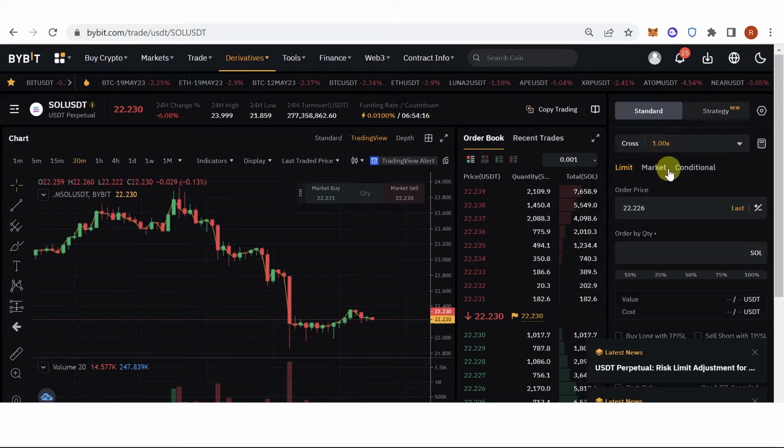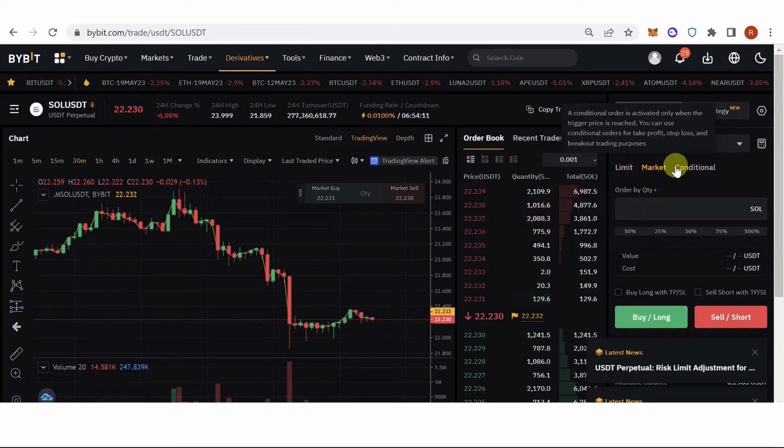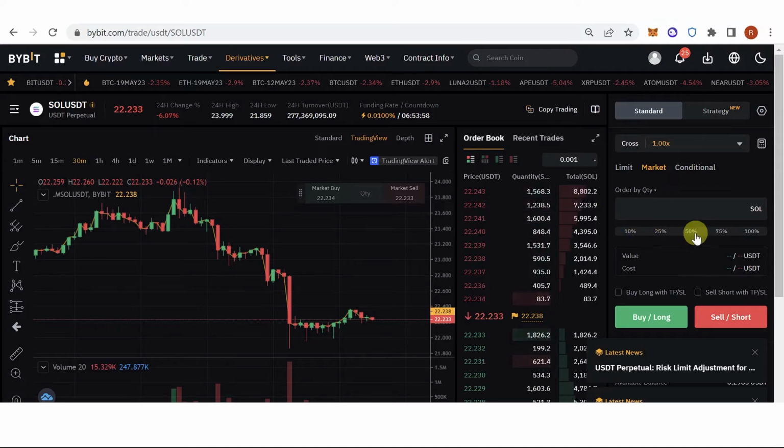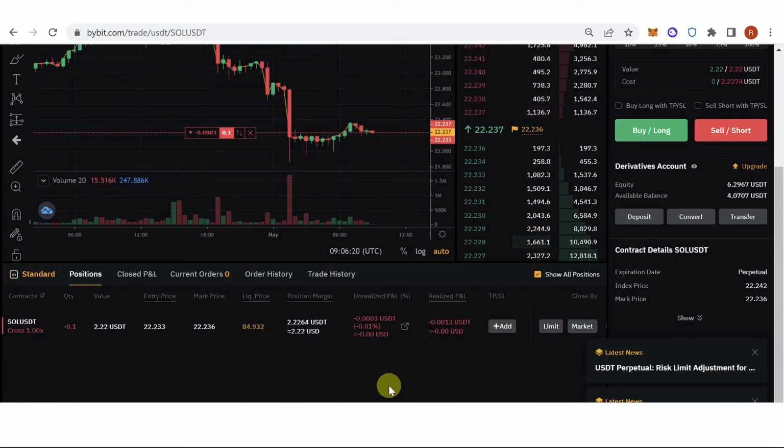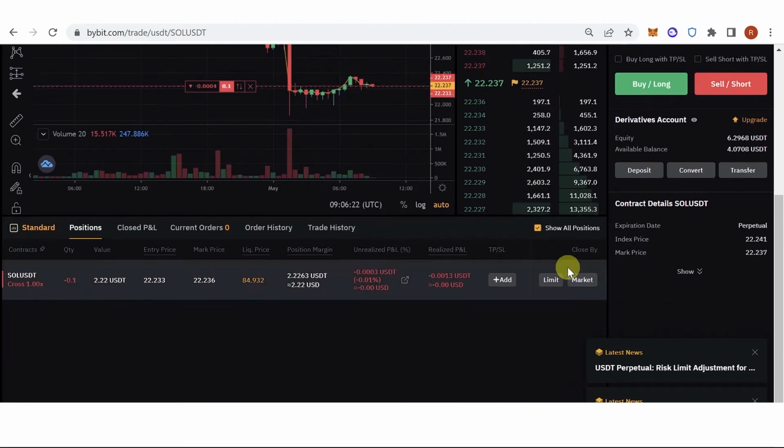Then you can choose limit, market, or conditional option, but for this video we're going to use market option, and type down the amount of SOL you want to trade. For example, I want to trade 50% of the assets I have. Click sell short, click confirm, and if you want to take a partial profit, you can just click the market